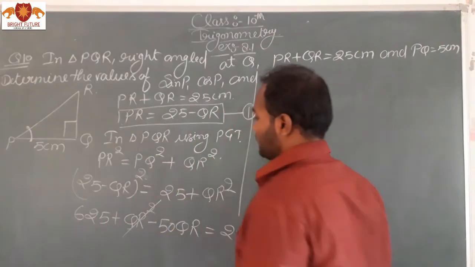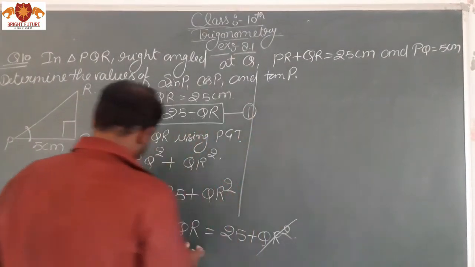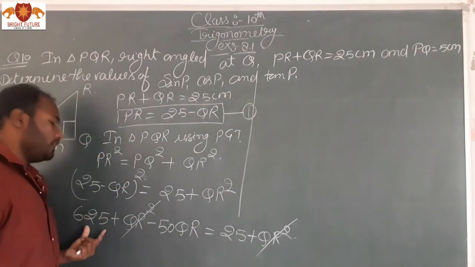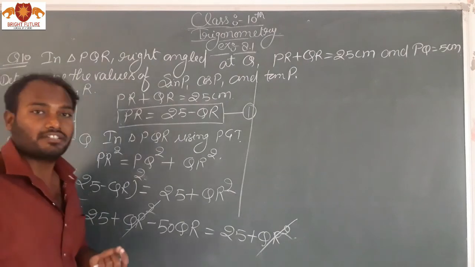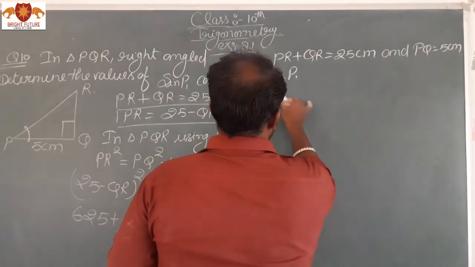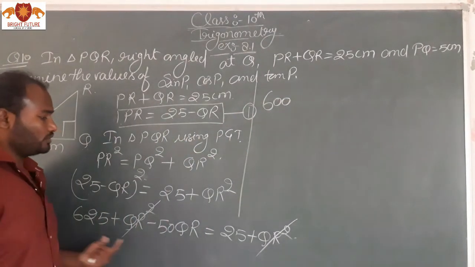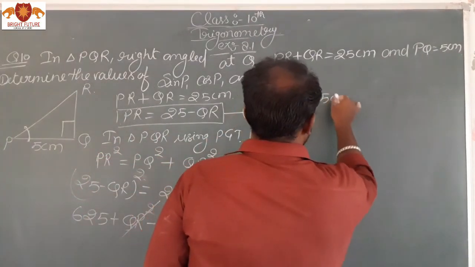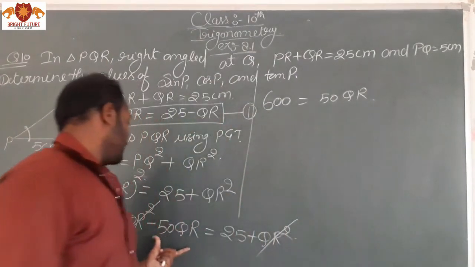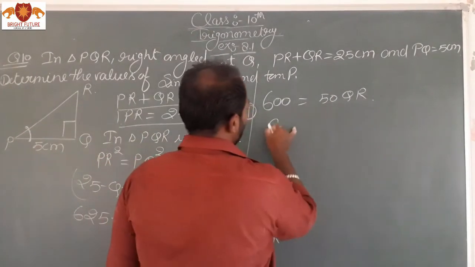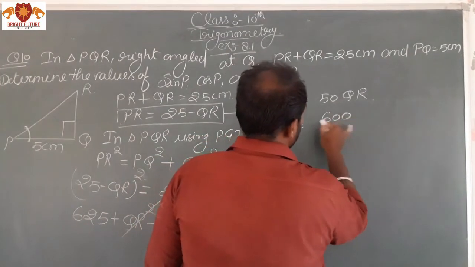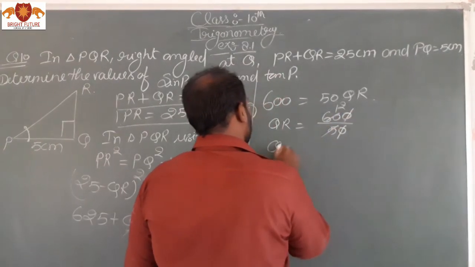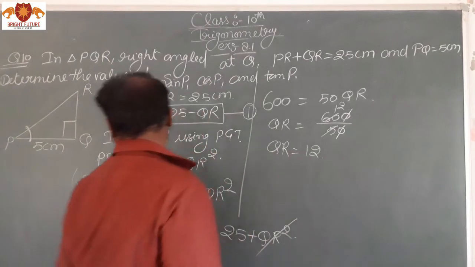चलो यहाँ से हम लोग वैल्यू फाइंड आउट करते हैं, 625। अब 625 इसको जब मैं इधर ट्रांसफर करूंगा तो 625 माइनस हो जाएगा, इसमें से रिड्यूस हो जाएगा, इट मींस आई विल गेट ओनली द 600 हियर, गॉट इट। तो यहाँ पर मेरे पास 600 मिलता है, ठीक है, तो 25 से माइनस हो जाएगा, 25 को मैं इधर लेके आया, इसको उधर लेके जाऊंगा तो ये जो नेगेटिव वैल्यू ये पॉजिटिव में कन्वर्ट हो जाएगी, सो आई विल गेट 50 QR, गॉट इट, कि नेगेटिव है साइन तो उधर जाएगी तो पॉजिटिव हो जाएगी। अगर मैं QR की वैल्यू आपसे बोलता हूं बेटा QR की वैल्यू फाइंड आउट करो तो 600 डिवाइडेड बाय कितना हो जाएगा, 50, ठीक है। ये कितने टाइम से रिड्यूस होगा सर, 12 टाइम रिड्यूस होगा, सो QR इज इक्वल टू कितना हो जाएगा,